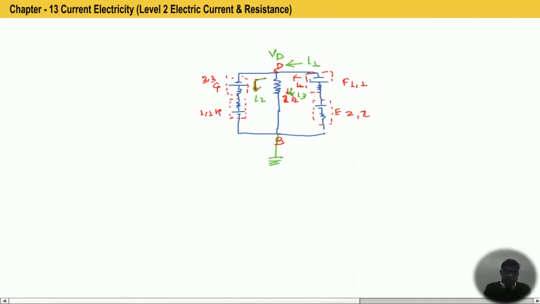If we apply Kirchhoff's current law, one current is coming towards the node, that is I1, and two currents are outgoing, that is I2 plus I3. So current I1 would be the total potential difference in this branch, that is potential of cell A minus potential of cell F. So this is plus 2 and this is minus 1. So the potential difference across this terminal is 1 minus VD divided by the total resistance of this branch, that is 3. It must equal VD minus 0 by 2